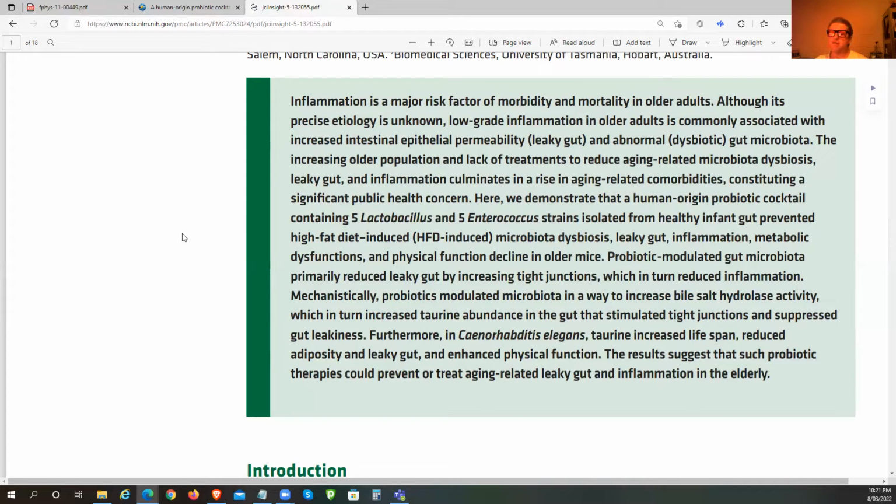So these are from basically a healthy infant that has these strains that a lot of people over time will lose due to glyphosate and due to antibiotics through their life. They will either reduce them or obliterate some of them or all of them, depending. So it is a damn concern. A lot of these things can be found in animal foods as well. So if you start eating animal foods, you should start populating your gut with more of these